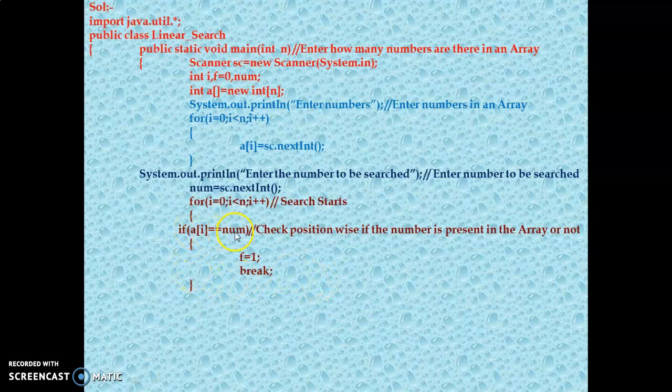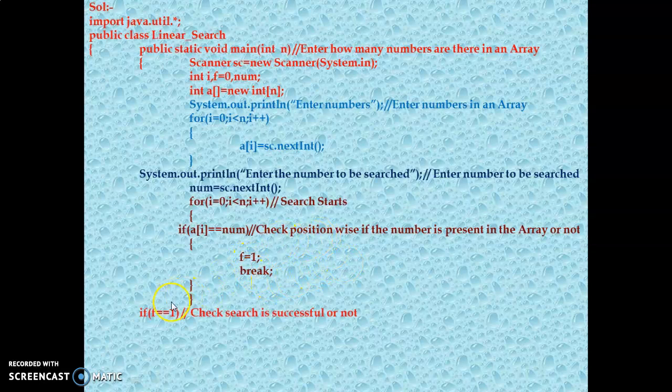But if we don't get the number, then what to do? Then nothing, the for loop continues. Then it takes 1, a of 1. If in the a of 1 position it gets that particular number, fine; if it does not get it, don't go inside of this. The loop just continues till the end. If at any position you get the perfect match, then only f becomes 1 and we break, otherwise not.